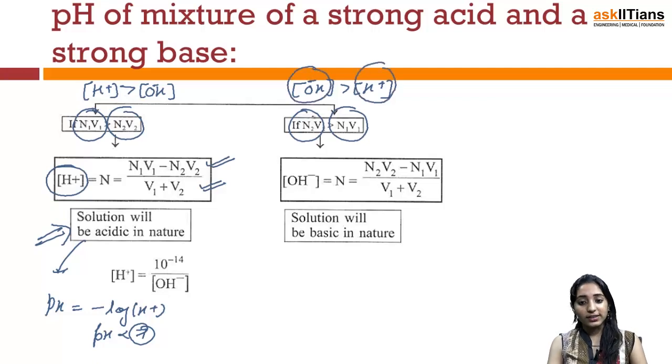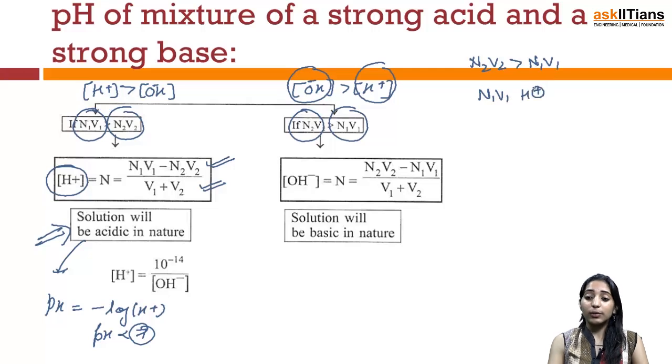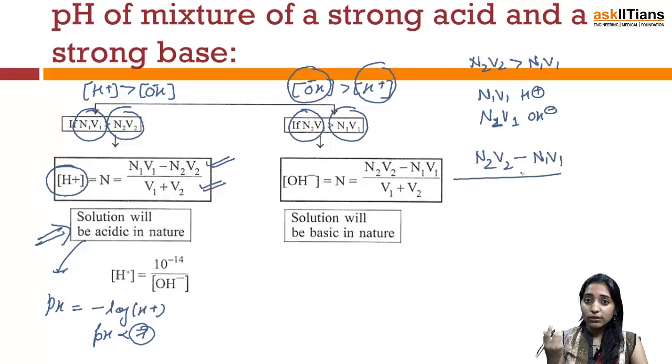concentration of H positive. So if I am saying N2V2 is greater than N1V1, that means N1V1 number of moles of H positive will be first of all neutralized by N1V1 number of moles of OH minus. So the left out amount of OH minus will be nothing but N2V2 minus N1V1. So these are the total number of moles of OH minus available in the solution. If I divide it with the total volume, this will be the concentration of OH minus in